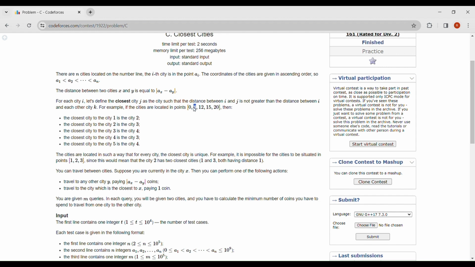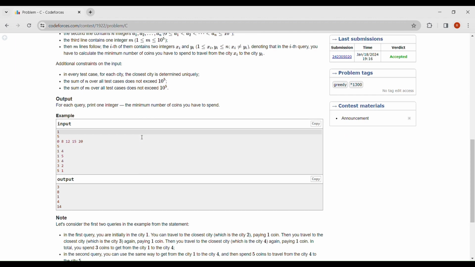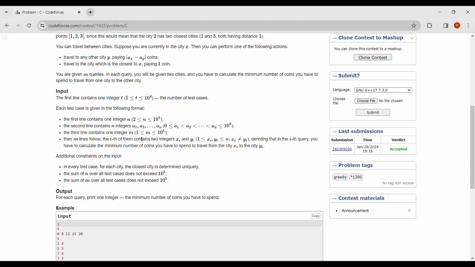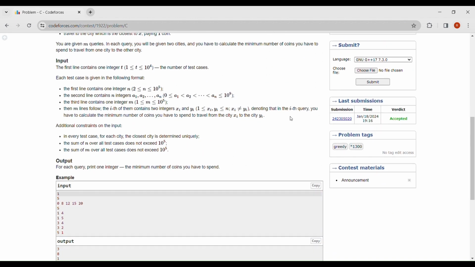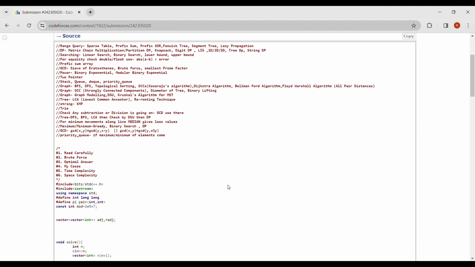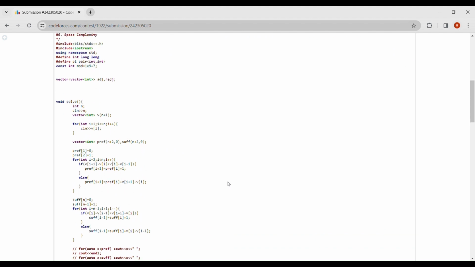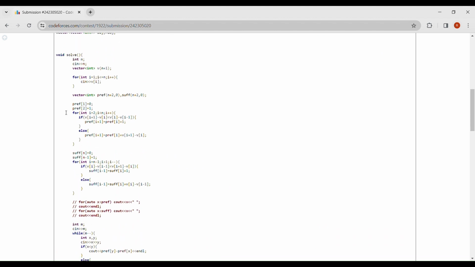Okay, now we will check from 8 what will be the distance. So I will explain through code only, because if you go through the code, it's actually a query question. So you need to store something which will calculate the answer in order of 1 time. Okay, in query questions, or order of log n time. Okay, so now in this, what we will do, we will define prefix, means like how much